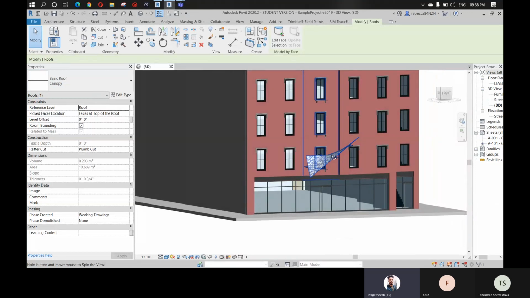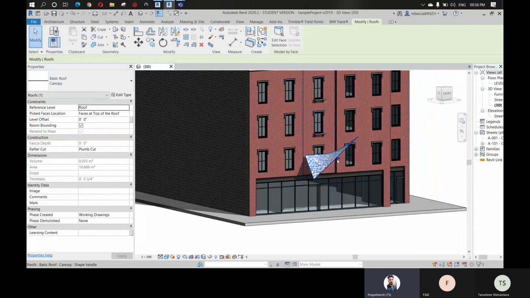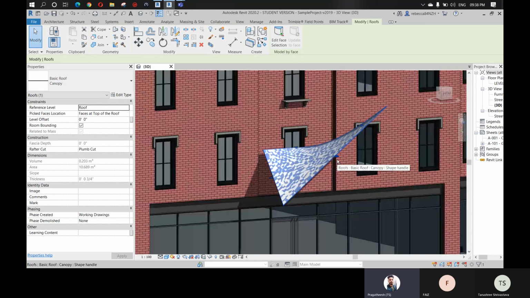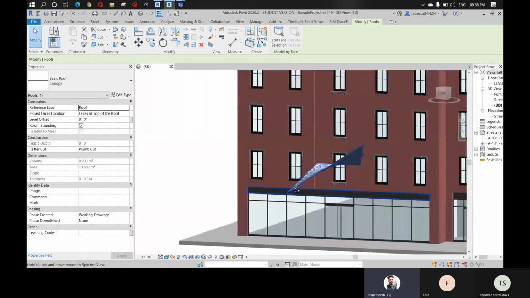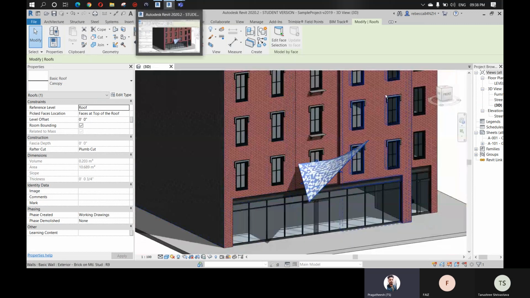So what if you want to make some changes in this structure? How do we do that? First you have to go back to your Dynamo.